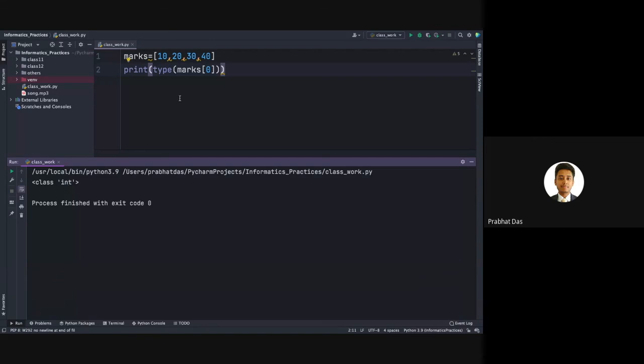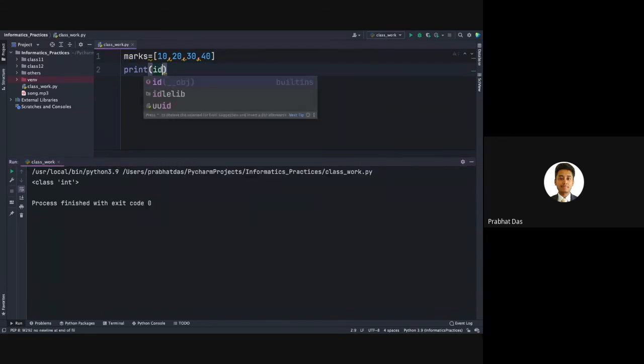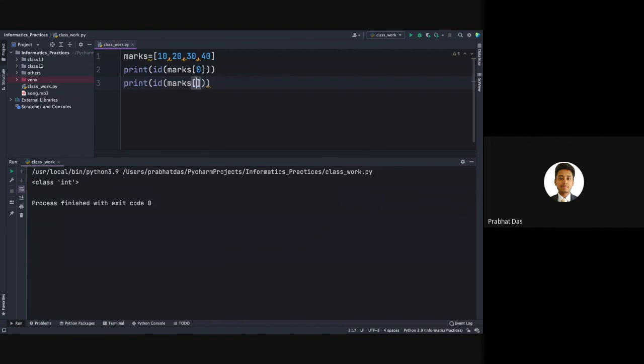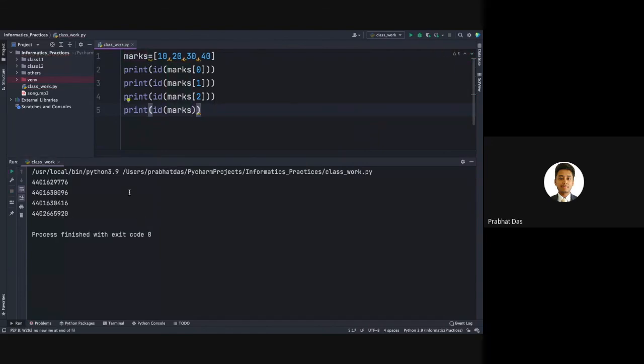What about the memory address of the individual elements and the memory address of the entire list? Are they same? Let us try to figure it out. marks of 0, marks of 1, marks of 2, and finally id of marks. Let us execute the code. The moment we execute the code, you see that for every element we have a separate address, and for the final list we have a separate address.